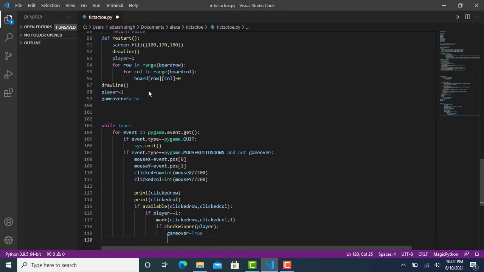So here game over is equal to true, and come out with that, and type player which is equal to 2,